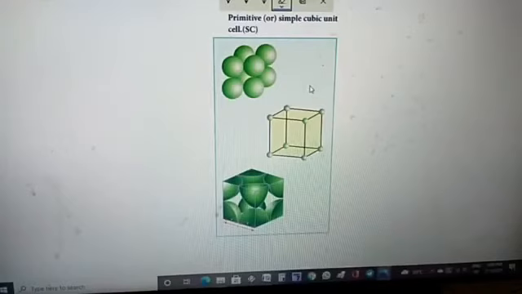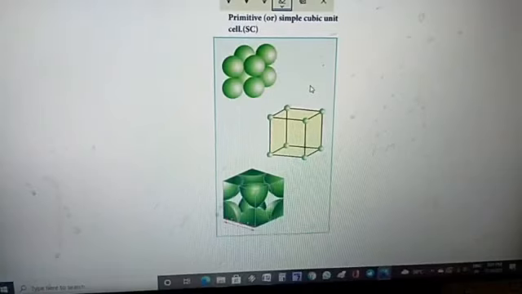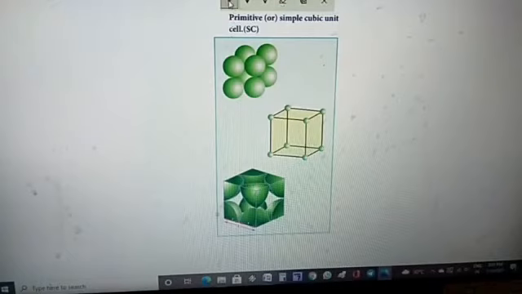So we know that any crystal lattice is made up of a very large number of unit cells, and every lattice point is occupied by one constituent particle, either an atom, molecule or ion. To calculate the number of constituent particles per unit cell, to simplify it, I am taking the constituent particle as an atom. So first let us calculate the number of atoms in a primitive cubic unit cell. What is meant by primitive cubic unit cell?